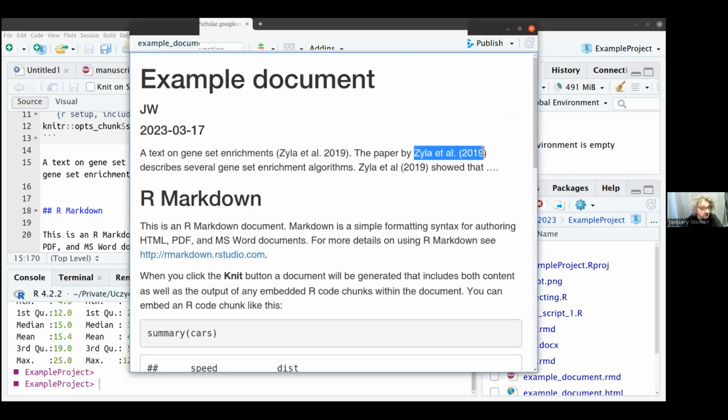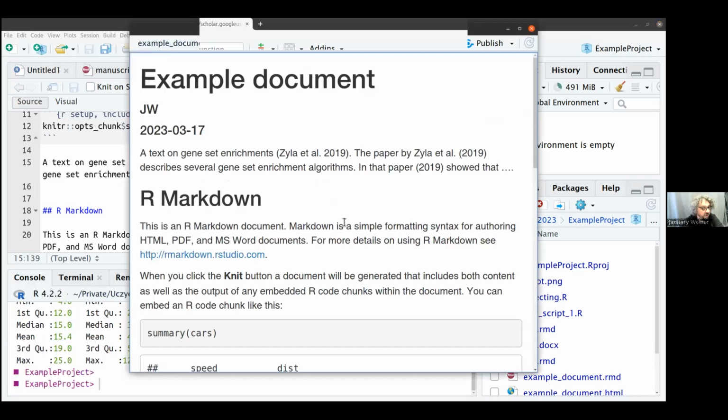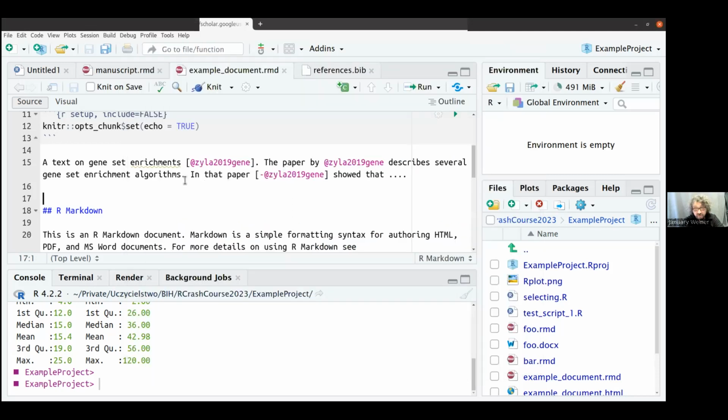Here, no, the reference is not in parentheses. Here, the reference is simply the year. So if we remove that, in year in that paper, okay, knit that, and we see in that paper 2019. Okay, so far so good,